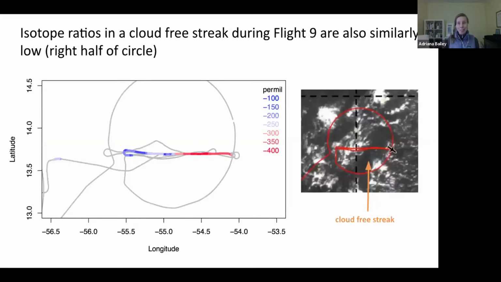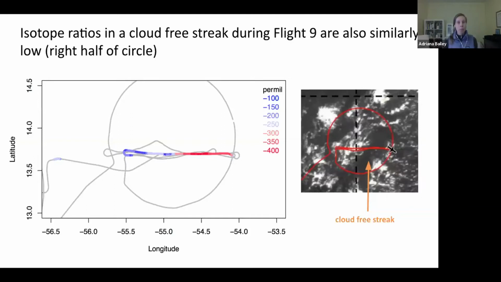It's always nice to make sure that what you're showing is not a one-off example, but that some of your other cases also show something similar. And so that's what this slide is trying to show. So here's Flight 9, where we also passed through a cloud-free zone, as you can see on the satellite imagery on the right. The red is showing one of the aerial circles that we did, and then the horizontal lines are different profiles, different legs that we flew at different altitudes, zipping down into the boundary layer.